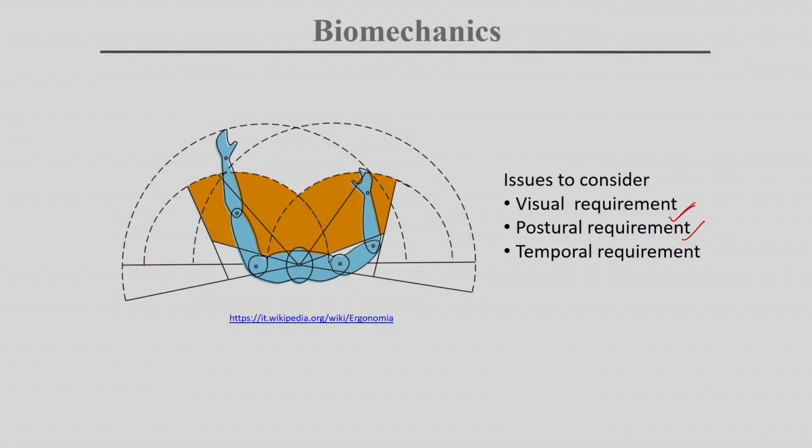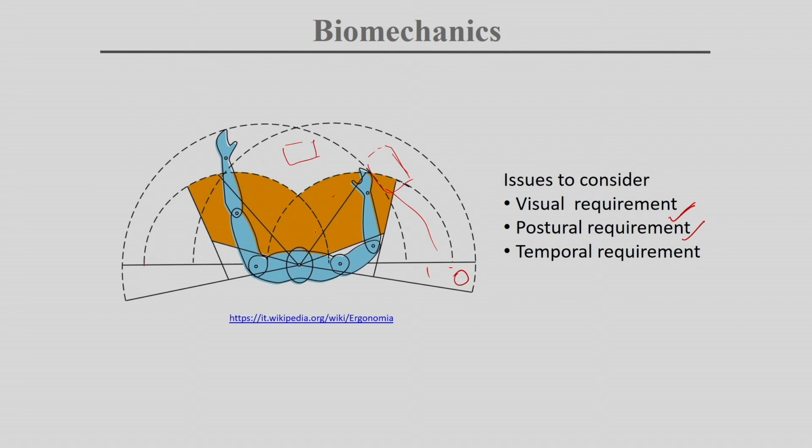Maybe for the printer they have to rotate. If we take this, maybe they have to take the printer here, the main desk is there, where their window is, where they are interacting with the user, and here the main computer is there. So what are the postural requirements depending on the work they are performing?